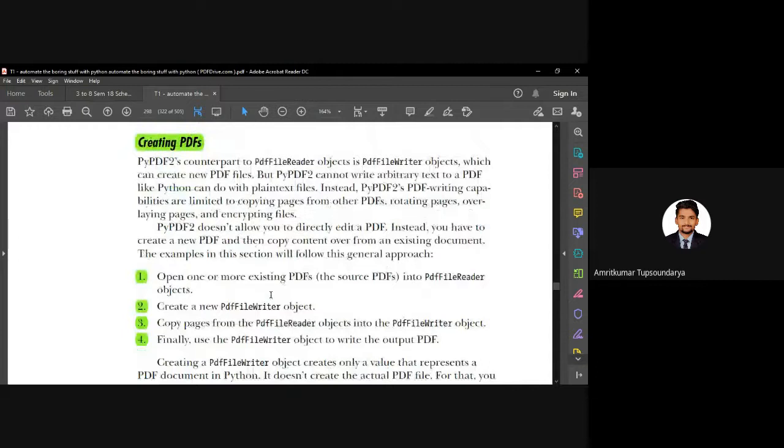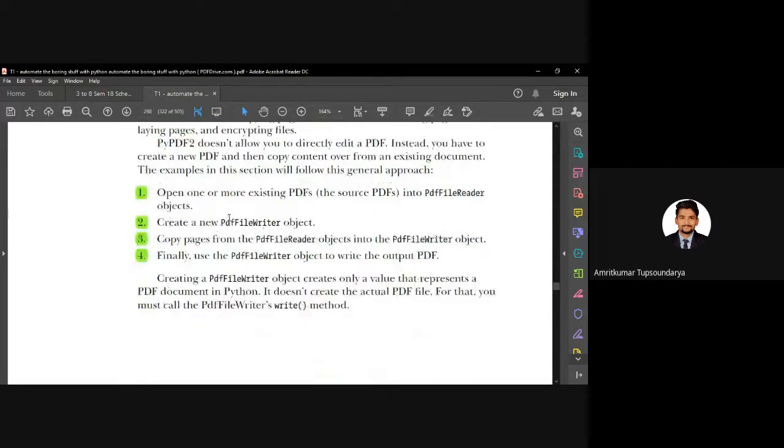First, open the existing PDF and create a new PDF object, and copy the pages from the existing PDF object into the PDF file writer object, which will help us write the content. And then ultimately we will use the file writer object to write the output into the PDF. That will be our output PDF, which is our newly created PDF.